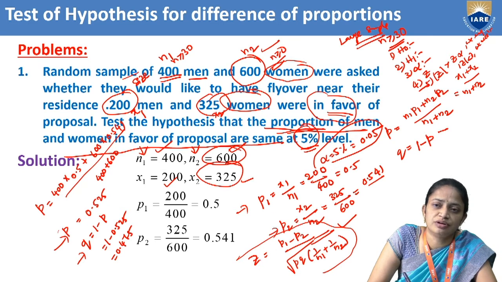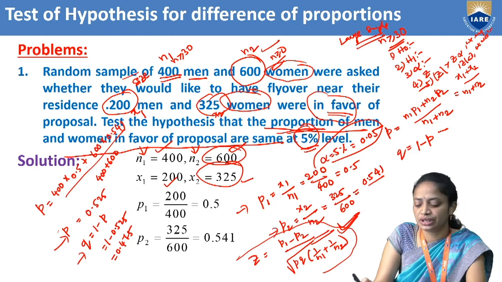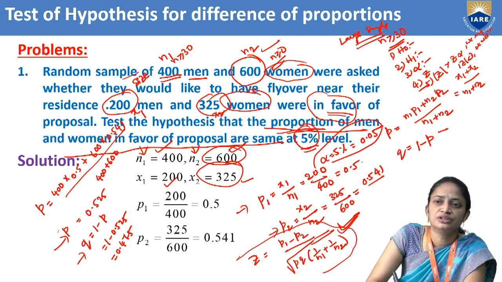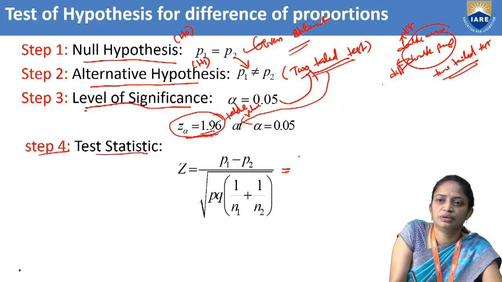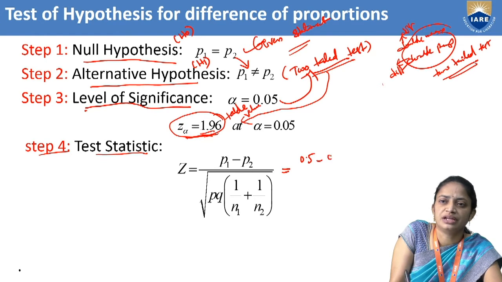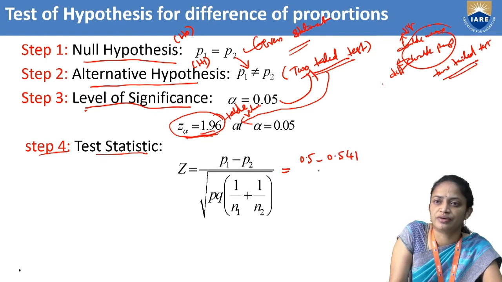That means the test statistic Z equals P1 minus P2 divided by the square root of PQ into 1 by N1 plus 1 by N2. So we have to use this formula. In this formula, what is P1? P1 is 0.5 and P2 is 0.541. So Z equals 0.5 minus 0.541 divided by the square root of